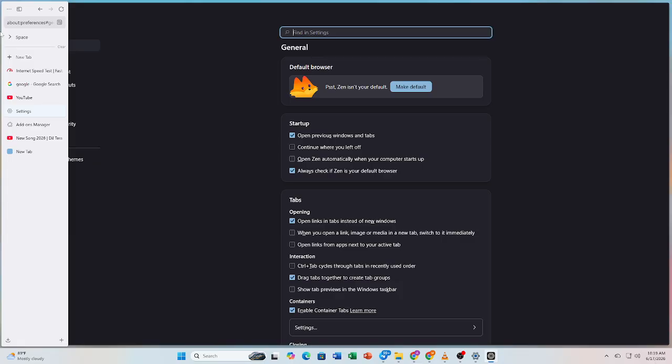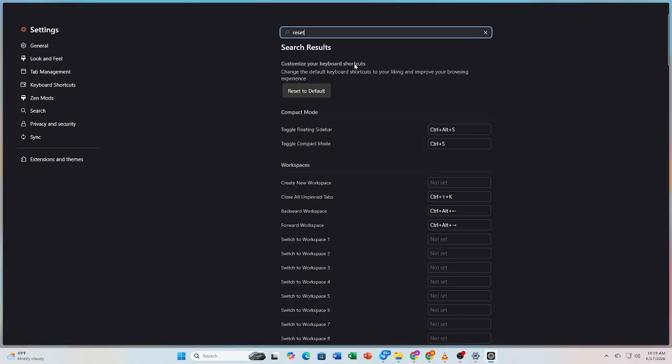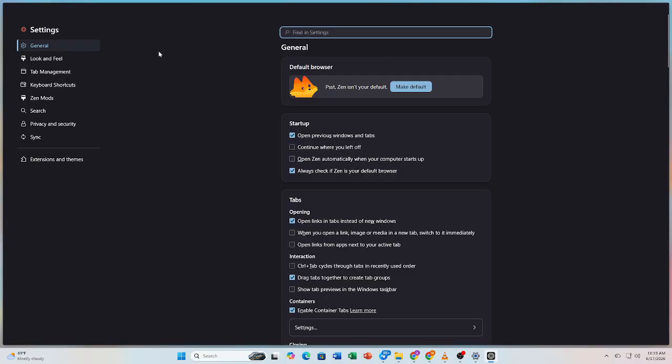Finally, if the issue continues, reset Zen Browser settings or create a new browser profile to fix deeper configuration problems. And that's it. You've successfully fixed Zen Browser extensions not working issues. Your extensions should now load and